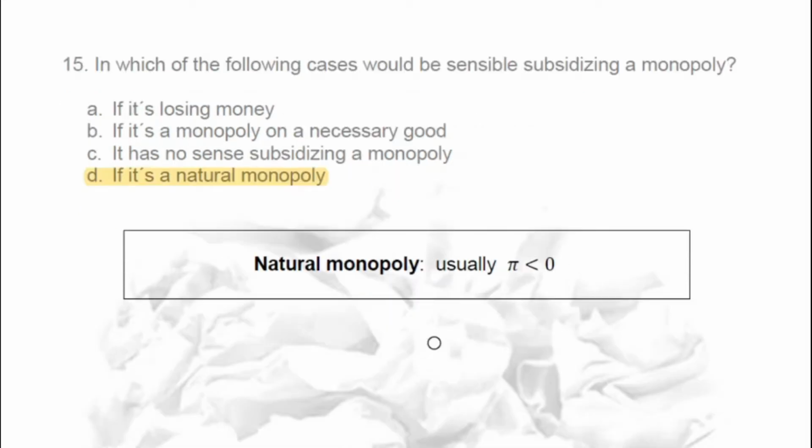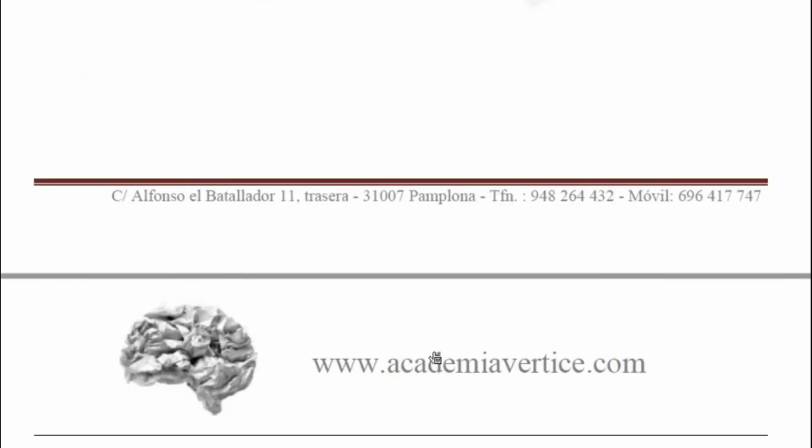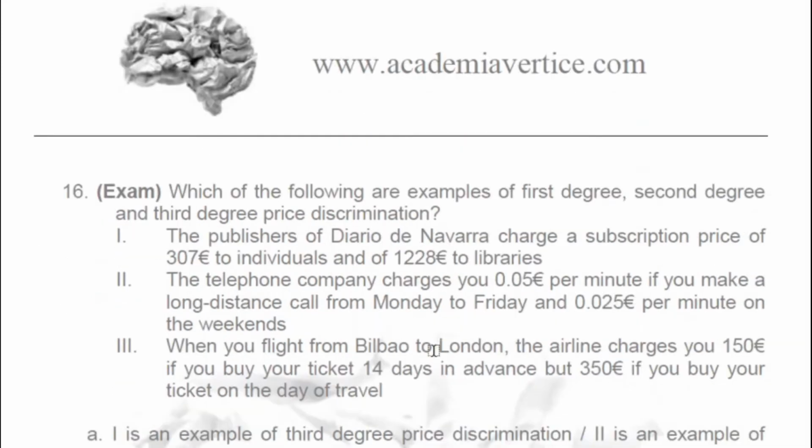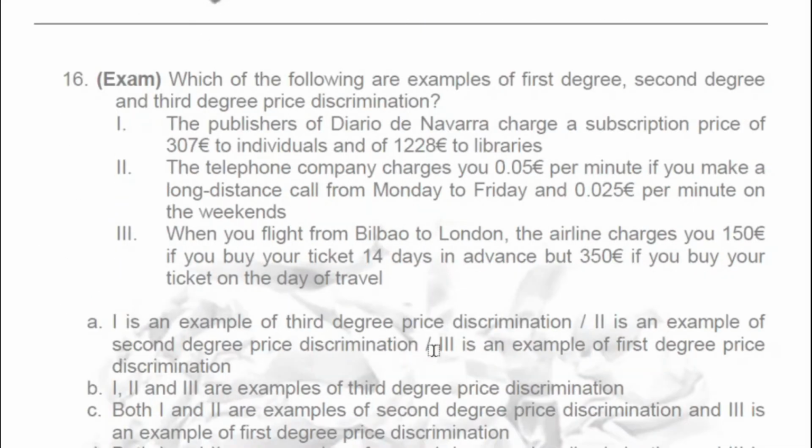Okay, much higher. So question 16: which of the following are examples of first degree, second degree, and third degree price discrimination? The publishers of Diario de Navarra charge a subscription price of 307 euros to individuals and 1,228 to libraries. This is clearly third degree price discrimination because a firm can't pretend to be a person